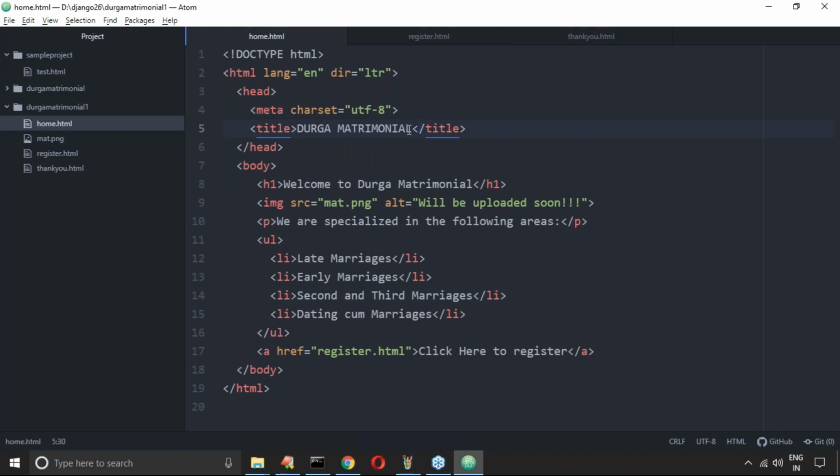What is the use of the class attribute? The class attribute is especially helpful in CSS styling. So I'm not using the class attribute anywhere here. Don't worry. Even if it is generated by default, I ignored it, because the class attribute is very helpful in CSS styling. Okay. Clear, right?